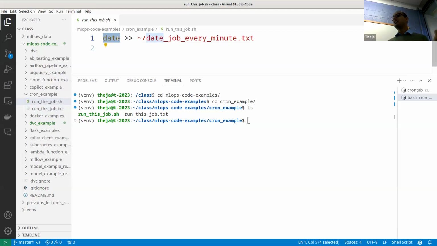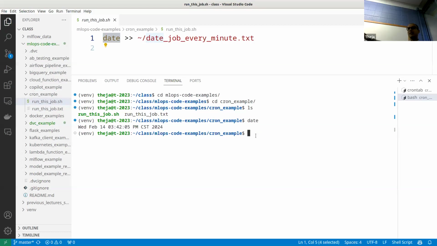Date is a program actually. You can see it here. If I type date, you get some string. So date is a program that's available locally, but you could change that to anything: pgdump, tar. You could also make a request to a website and scrape it. You can write your Python script and just call the Python script. And these two greater than symbols just mean redirect the output to a text file.